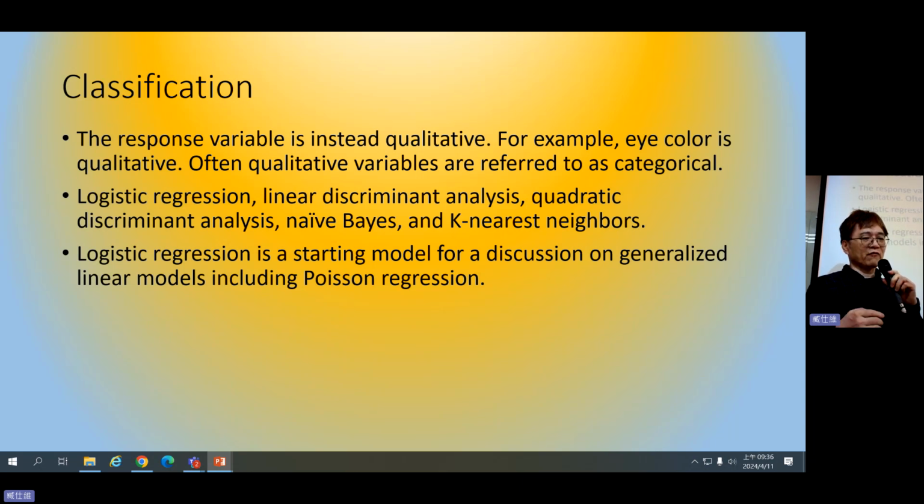Of course, in the following lectures, we're going to discuss some more advanced classification approaches, for example, linear discriminant analysis, quadratic discriminant analysis, naive Bayes, and k-nearest neighbors. All these approaches are widely discussed in the literature and the textbook.